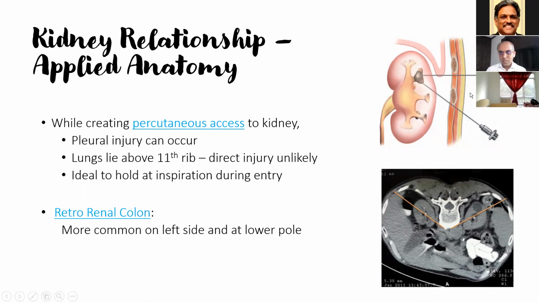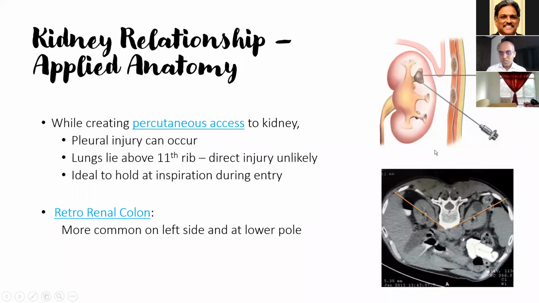So to gain this access, a percutaneous puncture is made. Usually the puncture is made subcostally to avoid injury to other organs, but sometimes upper polar stones need to be accessed through a puncture in the supracostal space. So entering the 11th supracostal space, usually there can be an injury to the pleura, but there is a very unlikely chance that the lung will be injured. But entering above the 11th rib can cause direct injury to the lung.